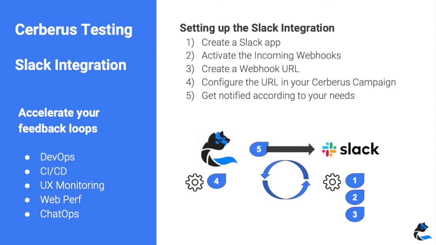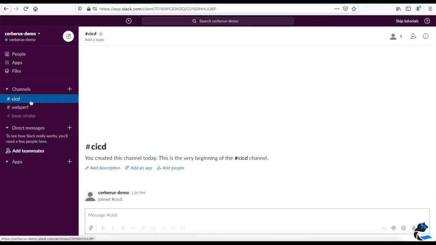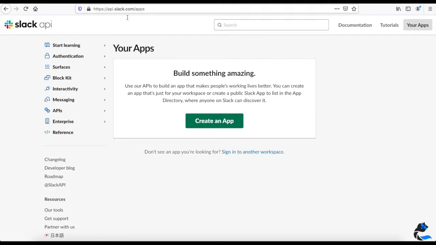Five steps are necessary, and we will then cover two main use cases, one for CI/CD and one for web performance. We'll start with the configuration and go through the four points. In our particular case, I have set up two channels in Slack, one for receiving the CI/CD notifications and one for the web performance.